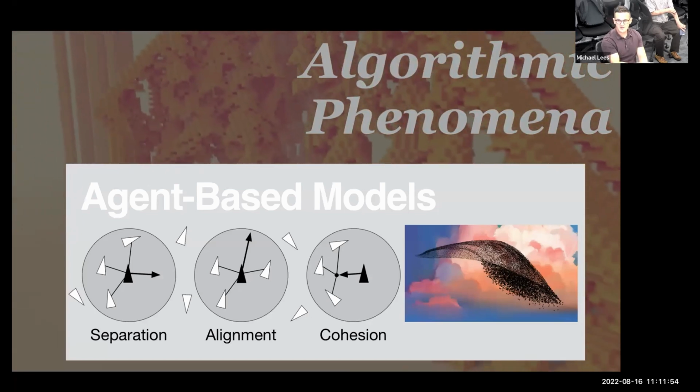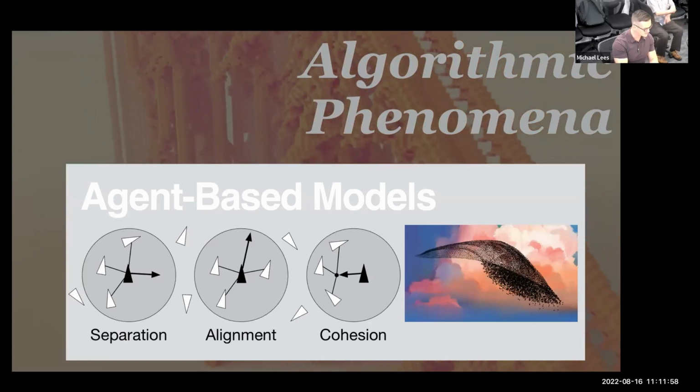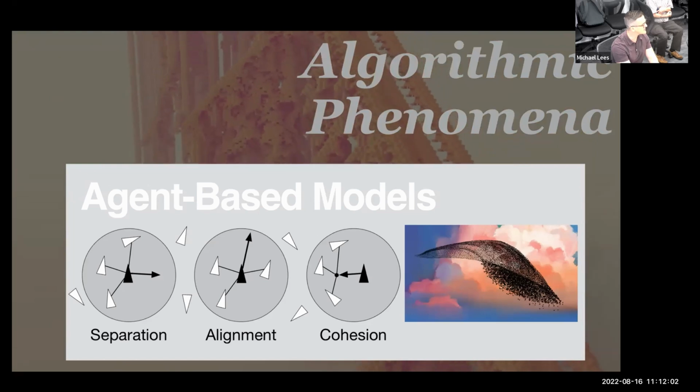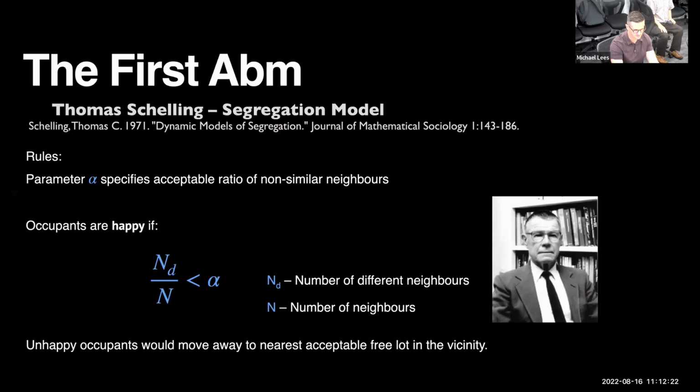The interesting thing is that one of the first examples of this that you have probably seen is in the Lion King movie. In 1989, there was the first Lion King, and there's a scene where the wildebeest cross the hill. That's actually modeled with this system. It's also now the biologically accepted way in which bird flocking happens. Some people also think that fish schooling works the same way. So this is the idea of the agent-based model.